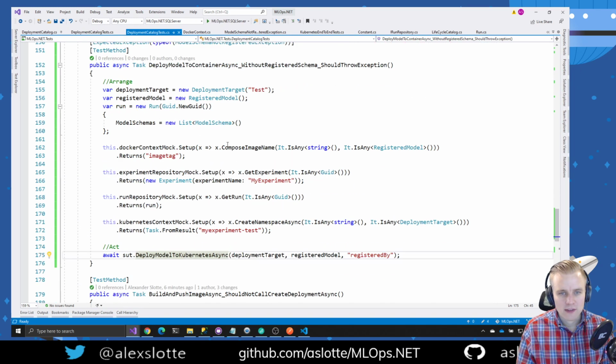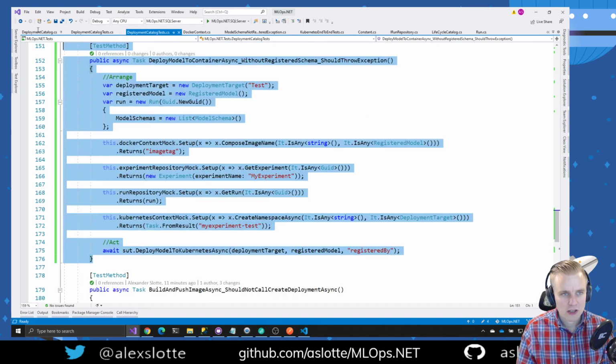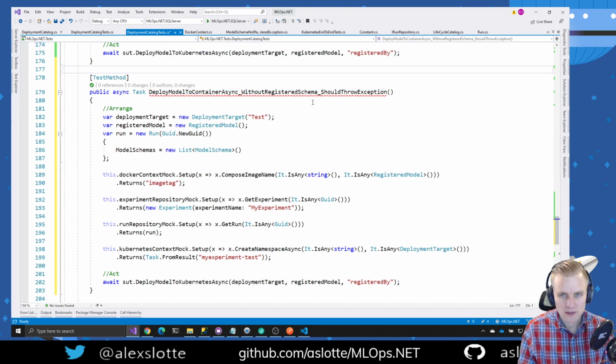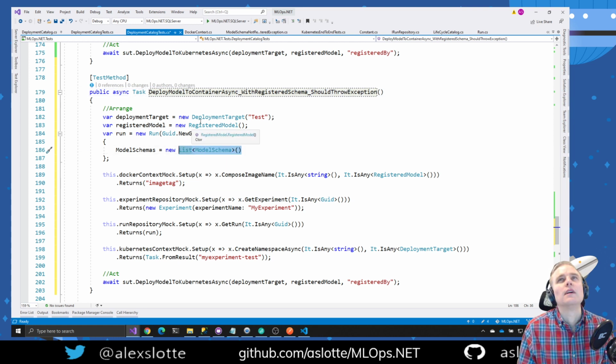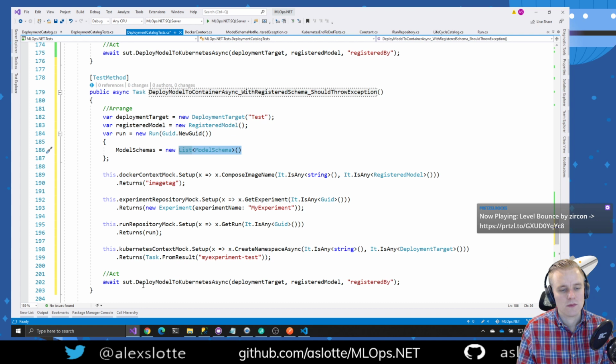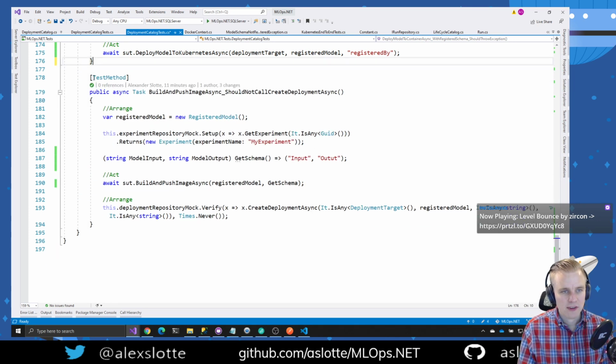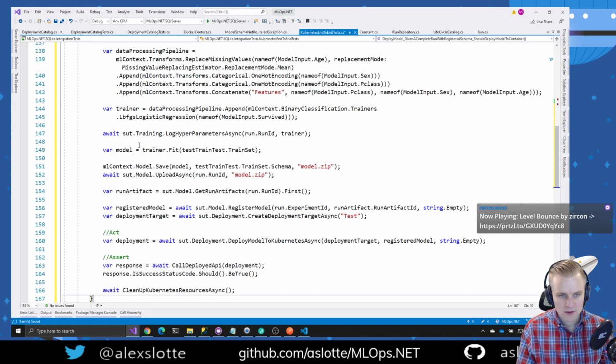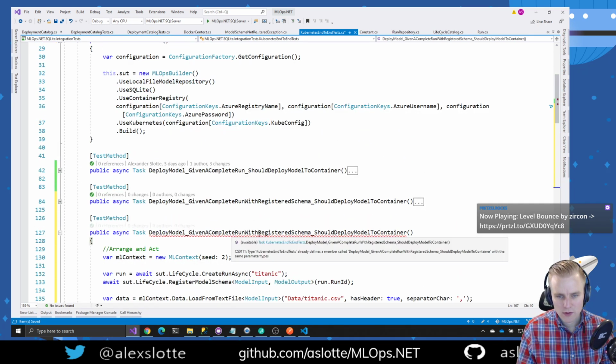So if we go back to the unit test here, we don't expect an exception if we have with register schema. Right. So what we'll do here is, I wonder what will happen if it is. Let's do this actually, let's skip that, but let's add that to an end-to-end test here instead. So what I want to do here is, I want to check that we given a complete run without